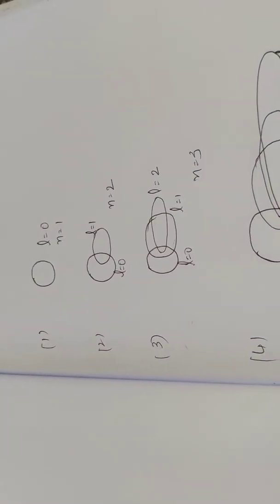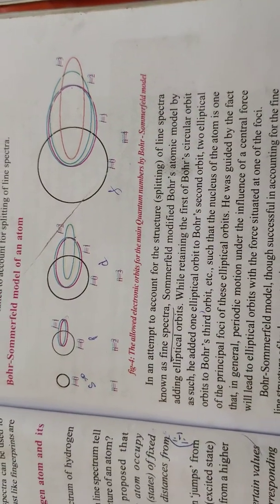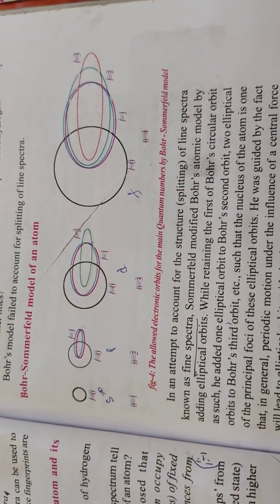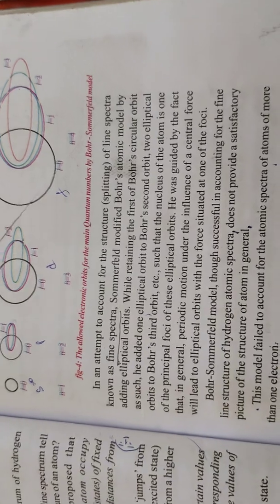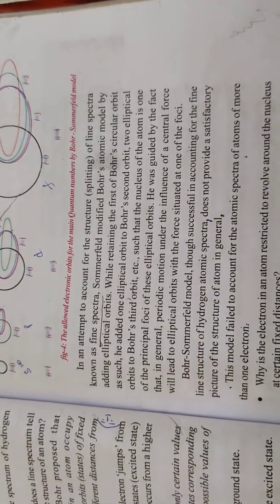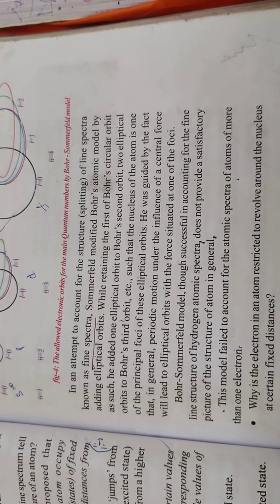But this Bohr and Sommerfeld model could not explain the fine spectra of other atoms. It explained the fine spectra of hydrogen, but it failed to explain the fine spectra of other atoms of elements. So to overcome this,